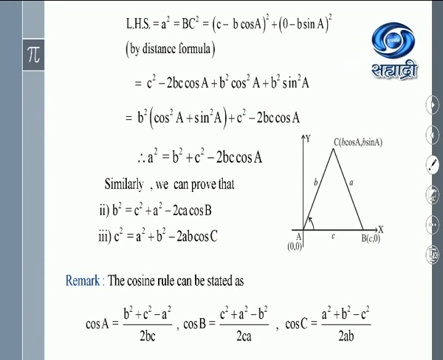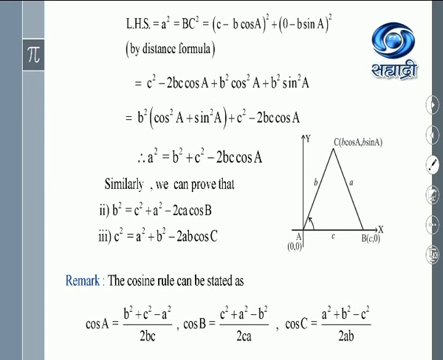And the third one. Again the same procedure we follow. We write down this term 2ab cos c to LHS. That becomes positive. See, this is very easy. So I am telling you all these things orally. You can visualize. 2ab cos c we write in LHS, that term becomes positive. And this c square we write to RHS, that becomes negative. So we have the equation 2ab cos c is equal to a square plus b square minus c square.